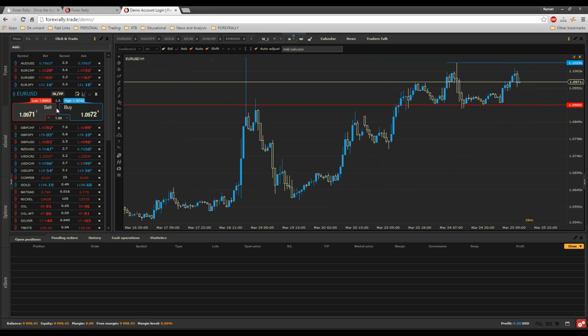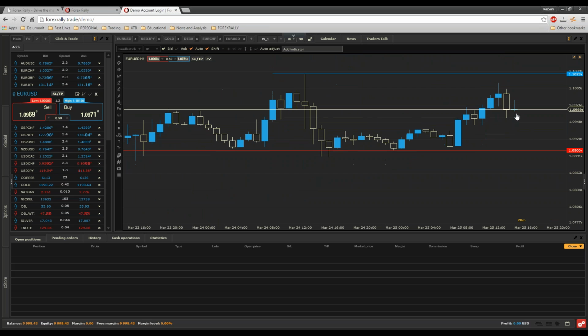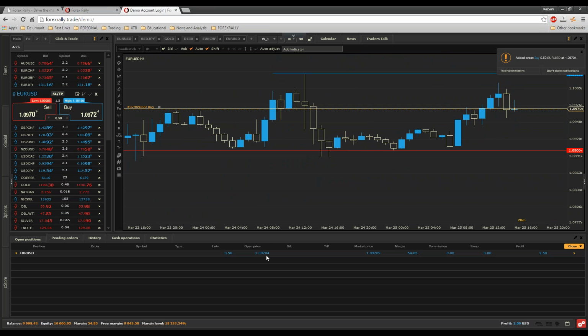I've showed you the graphic. You can trade on euro dollar by selling here or by buying on the blue button. But you can also do that from the chart. You have here the red one is sell, the blue one is buy. Let's change the volume. Let's say we want to do 0.5. Let's buy 0.5 lots of euro dollar. Now, this is the chart. Let's buy it. I bought 0.5. I can see now that I have an open price of 1.0970.